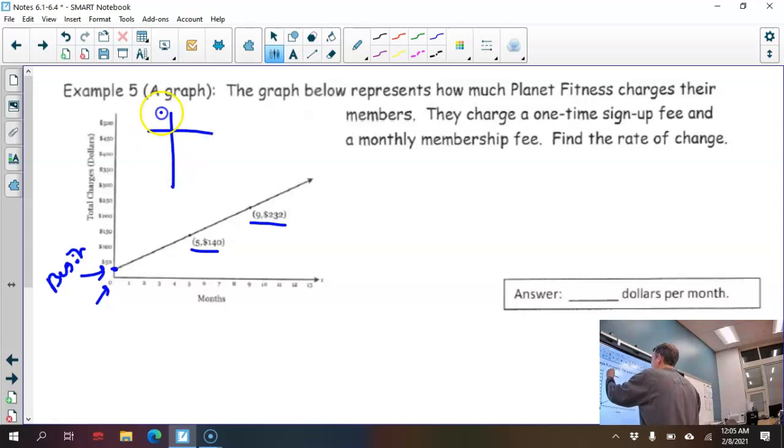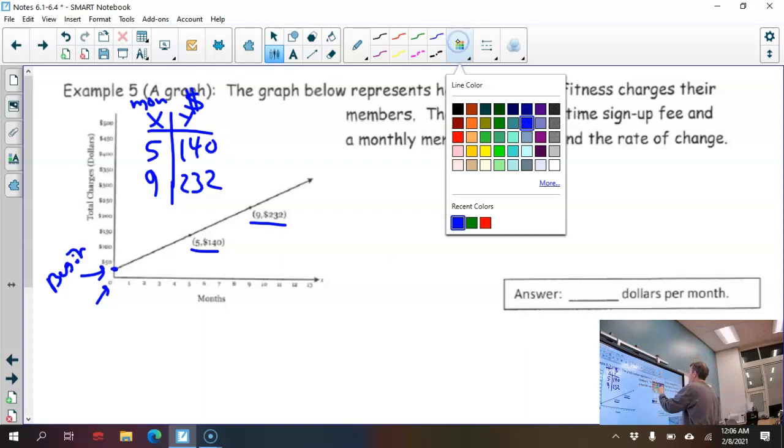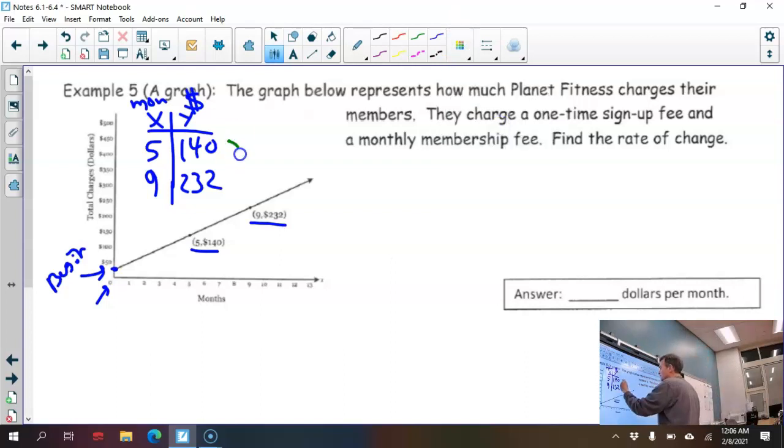In fact, I might even make a table where X is months, right? And Y is dollars. So it looks like 5 months, it cost me $140. 9 months cost $232. And now we can treat this just like the last problem. How much is it going up each time? Well, it looks like from 140 to 232, it went up $92